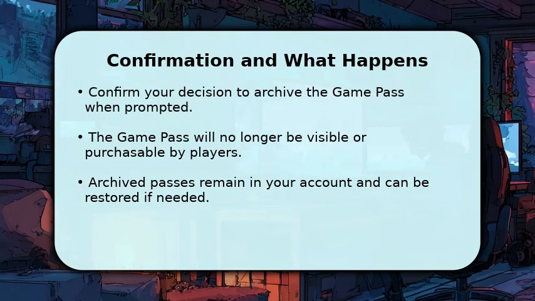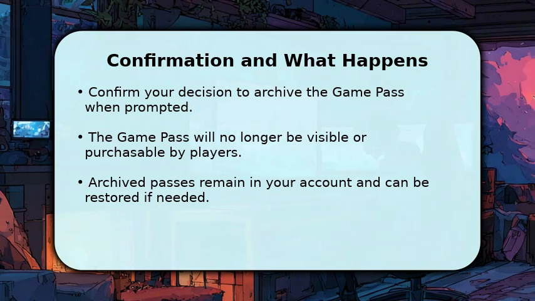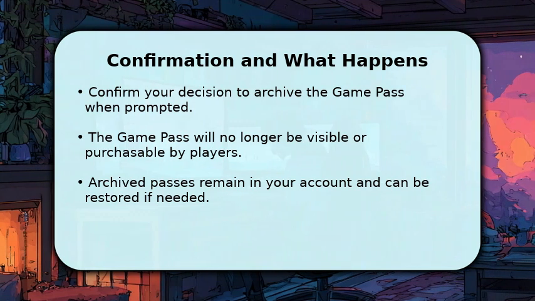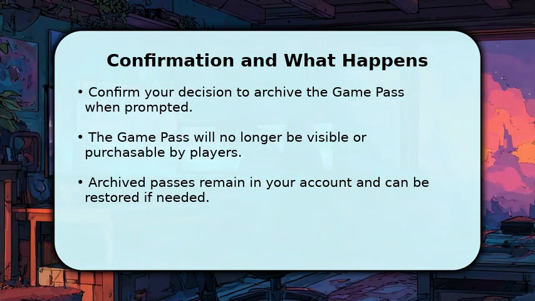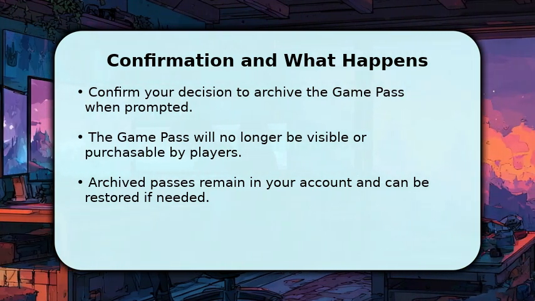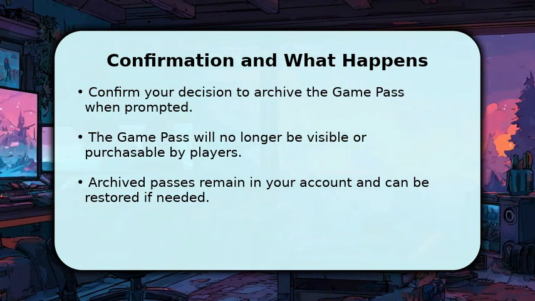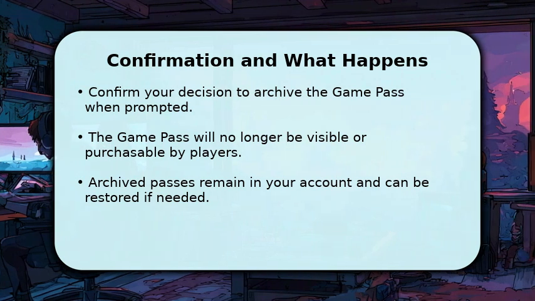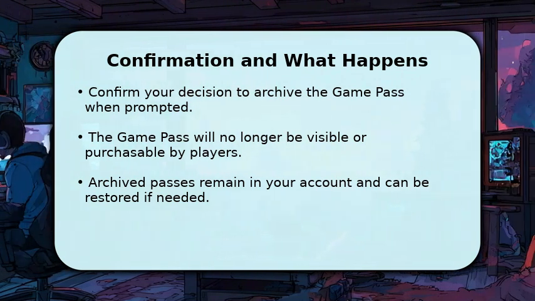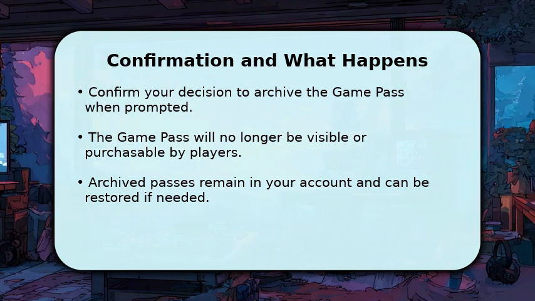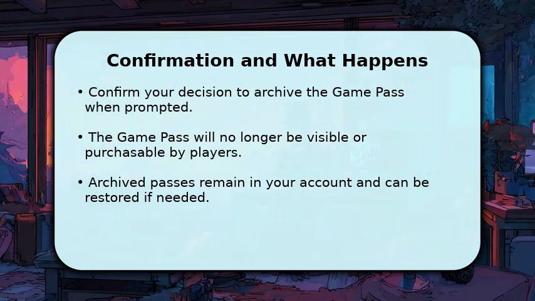After confirming the archiving action, your game pass will no longer be visible or purchasable by players in your experience. It essentially becomes inactive, but it remains within your archived items list should you ever need to restore it in the future. This process effectively cleans up your storefront and ensures only relevant passes are available. Deleting a game pass is a simple maintenance task for any Roblox creator to keep their